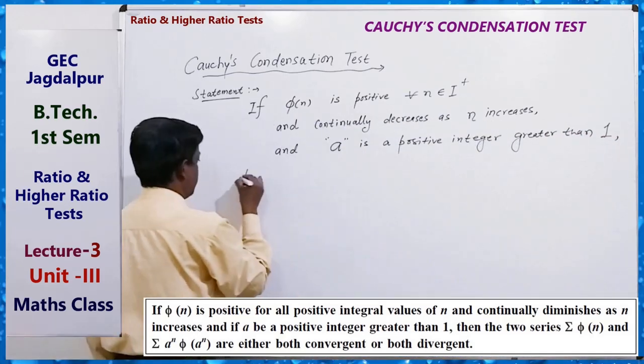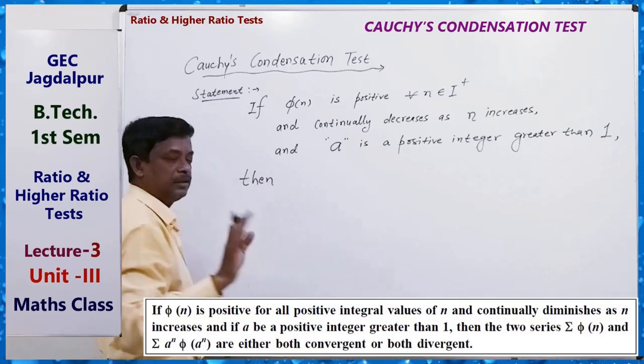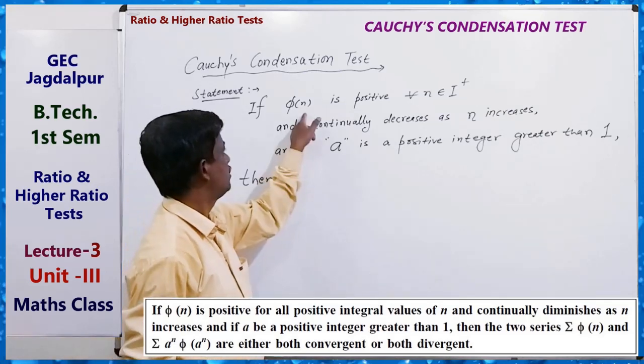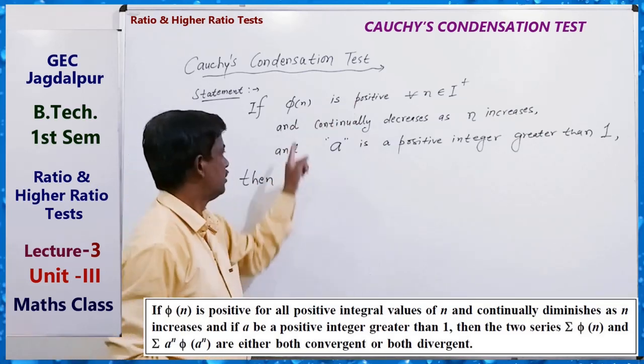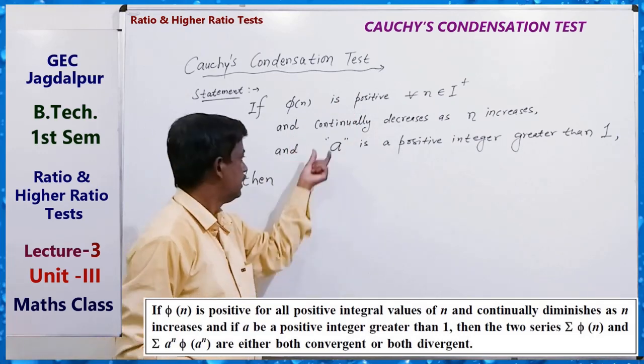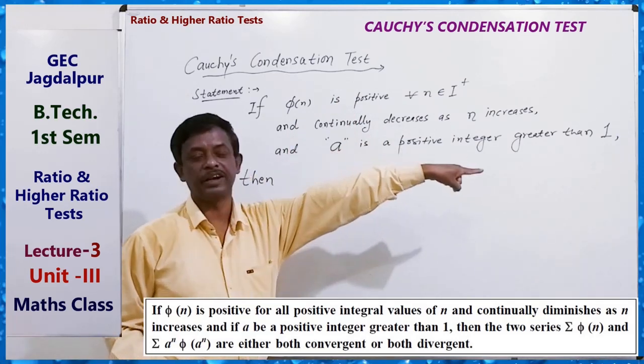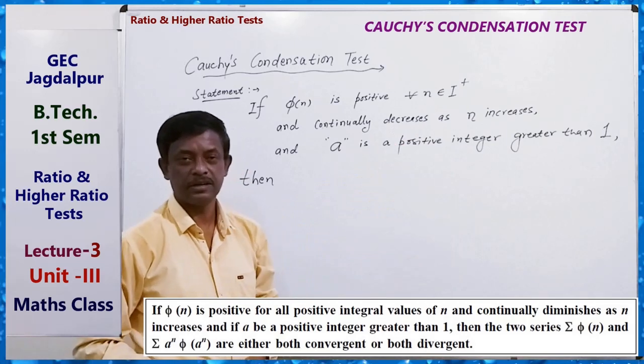Then there are three things: phi n positive, decreasing, a greater than 1, a positive integer. Then